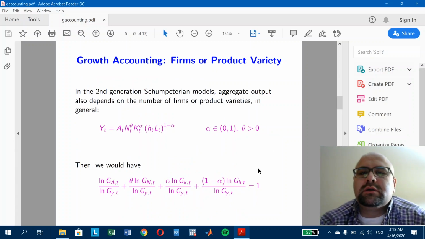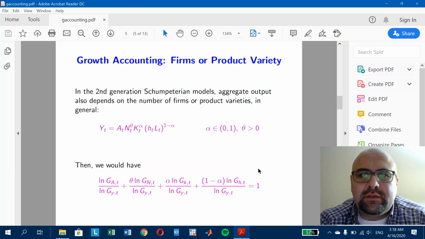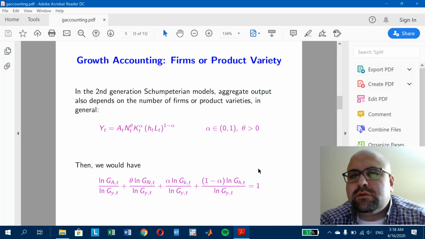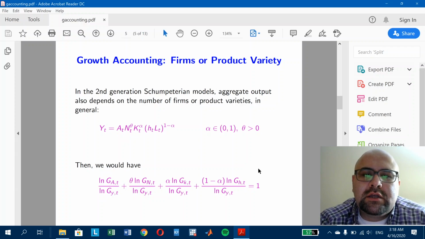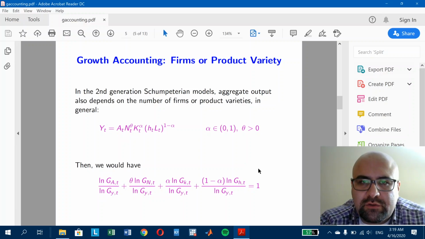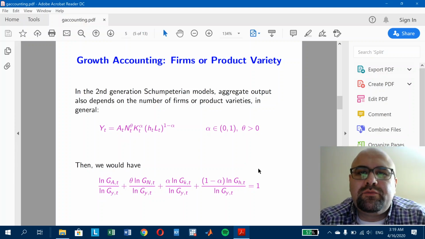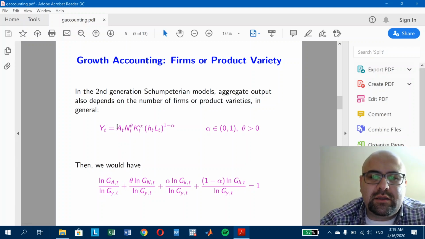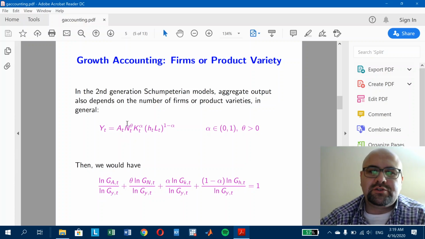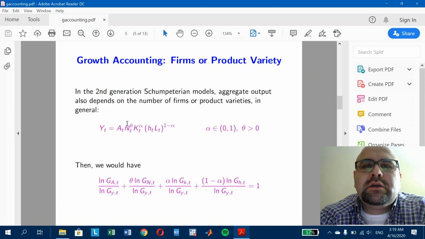We also can imagine models where there are firms or product varieties, right? We studied such models in the previous lectures. In most of the second generation Schumpeterian models, growth will occur through vertical innovation and horizontal innovation. On the vertical direction of technological progress, we have quality improvements or productivity improvements. These are going to be represented by this A_t term again. And on the horizontal dimension, we have product innovations, new products, varieties, or new firms, new sectors, new markets entering